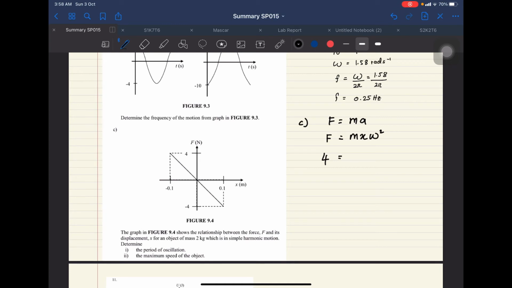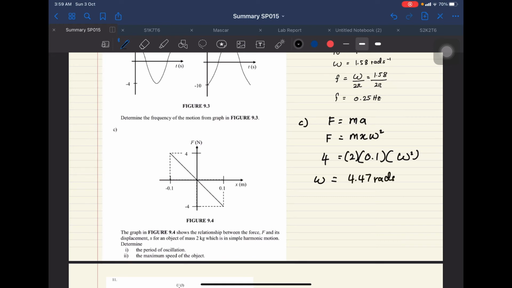Mass is given, which is 2 kilogram. Since this one is at the maximum, this is basically A, at the amplitude. So I substitute the value straight away, and then you can find the omega. Here it is 4.47